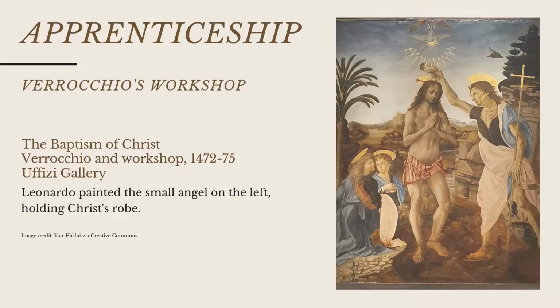The first work attributed to Leonardo is an angelic figure in Verrocchio's Baptism of Christ. Even though he was only 20 years old when it was painted, we can already see the artistic genius developing. The golden curls and slightly hazy lines are characteristic of his later work. In fact, there is a story that Verrocchio was so taken by Leonardo's work, he put down his paintbrush and vowed never to pick it up again. This is likely just a tall tale, but it shows how his work was legendary, even at the beginning.